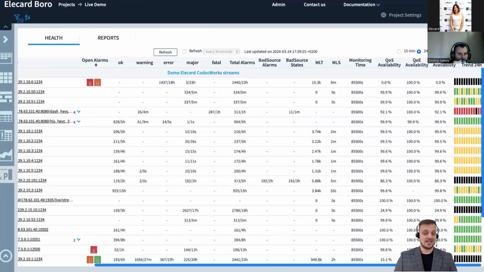But if you have 10 packets lost per week, next week it's 10, next week it's 12, that's a problem. There is an issue. It's either a hardware deterioration or there is a problem with software. Maybe it's a buffer overflow on one of the packetizers, one of the switches in an environment. You do not know. If you detect it at the playout device, you know that there is a problem, but you don't know where. If you have Elecard Boro deployed as a system with probes at multiple locations, you will be able to pinpoint the location of the actual problem before it even starts to happen more and more and actually affect your video stream.